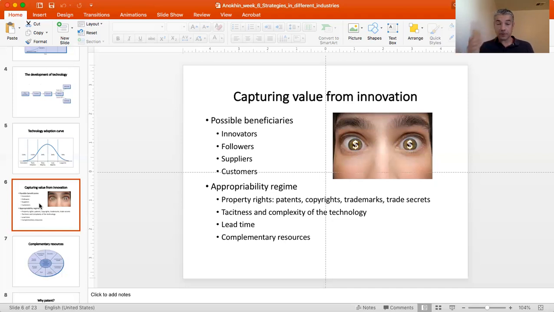Trademarks, well, that helps greatly with strengthening your brand and establishing yourself as a differentiated player in the market. And as a differentiator, you typically can get price premiums for the products that you sell. Finally, trade secrets. The big issue with using patents, copyrights, or trademarks, especially patents, is that you have to disclose